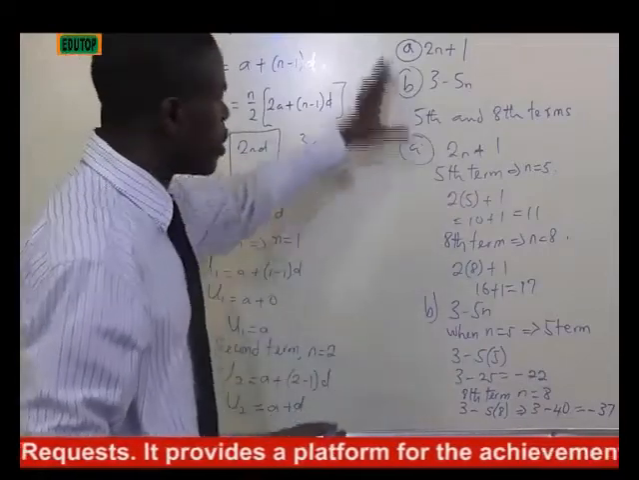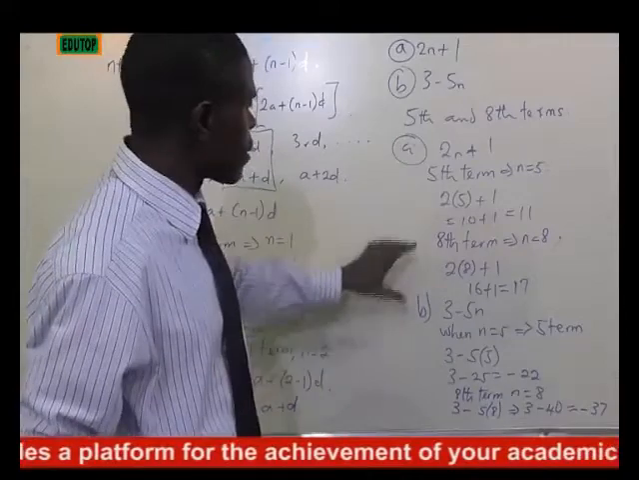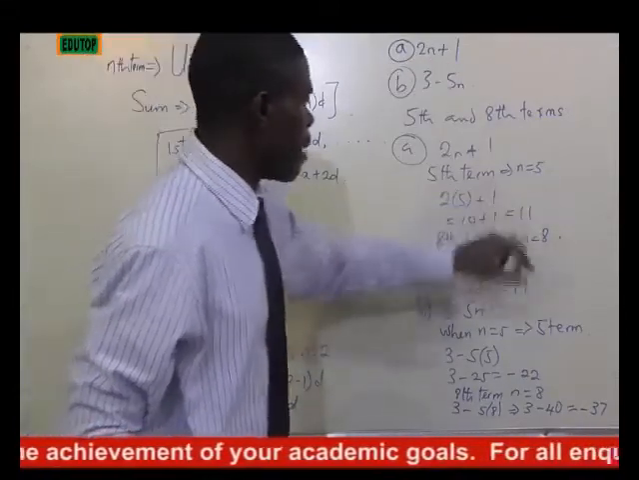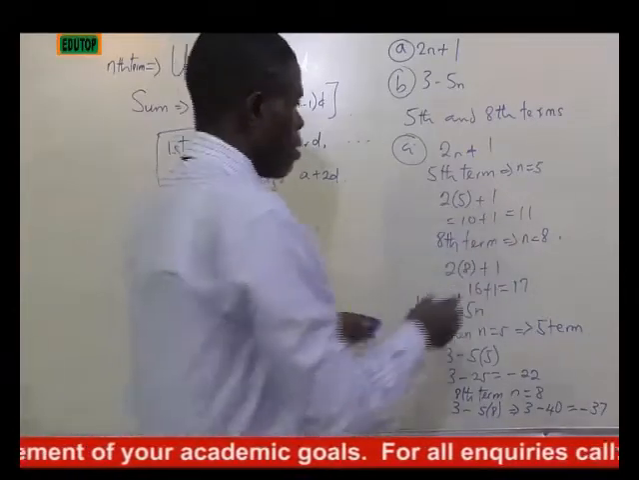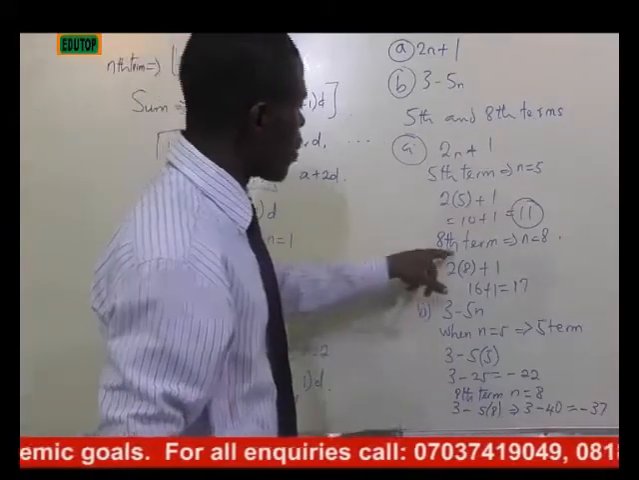So based on the workings so far, it has been deduced that for the expression 2n plus 1, the 5th term is 11. The answer is 11. And for the 8th term,